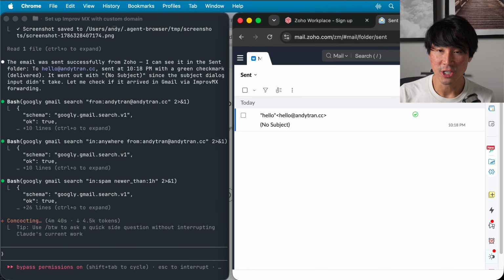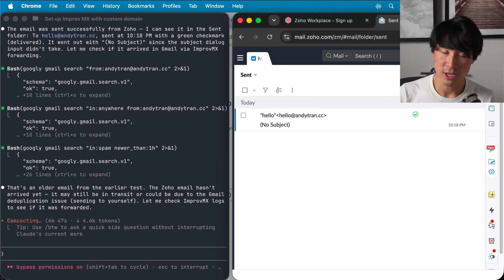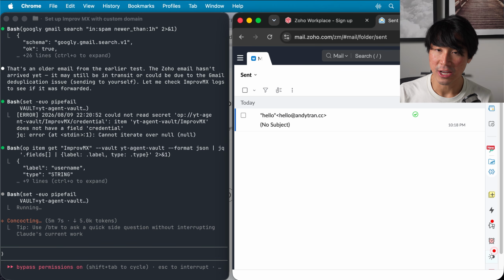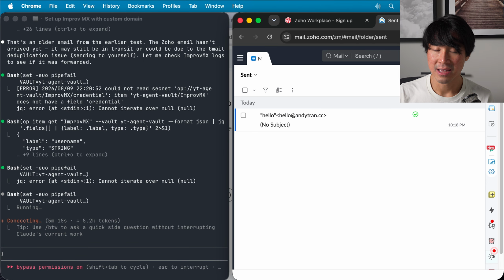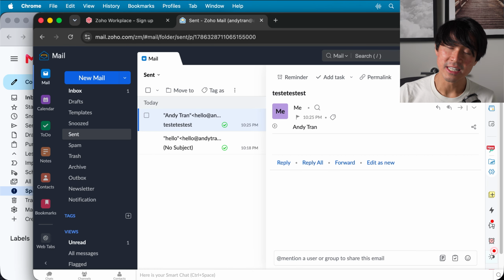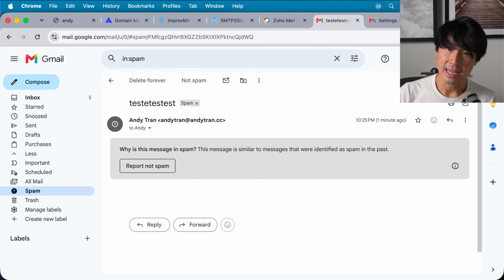Now we have Zoho, which is our inbox, which we can set up to be both receiving and sending. For this use case it's not the ideal setup, but if you wanted one place to send and receive, and remove ImprovMX and SMTP2Go completely from the equation, you can have a more simplified approach if you didn't mind not using Gmail, or if you use any other mail provider and wanted a free service, you can use Zoho. But the issue to keep in mind, because this is a free service, it actually sometimes